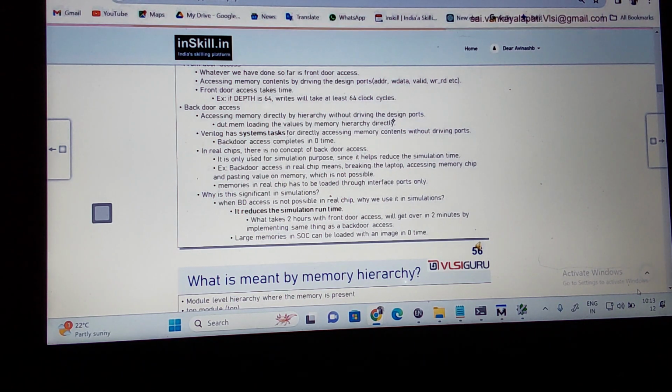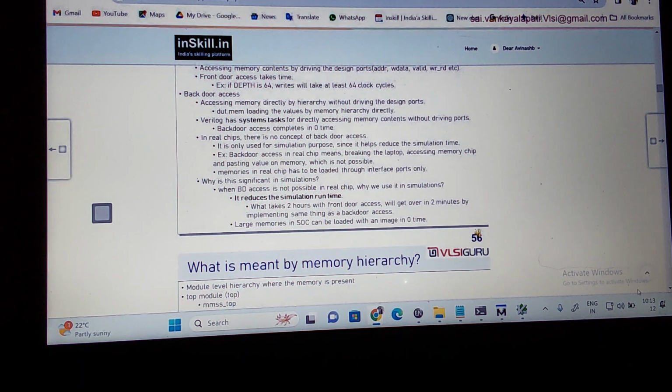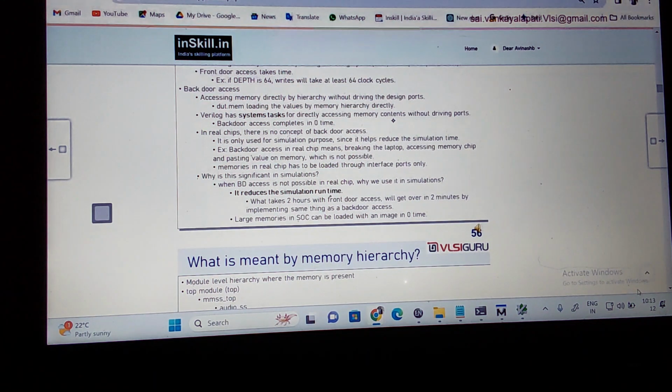That's why backdoor access is meant only for simulation, to reduce simulation time. Pasting the value onto memory is not possible in a real chip. Memory in a real chip has to be loaded through the ports; read and write operations are done by interfacing with the ports only. You don't understand the difference between them. There is no backdoor access in